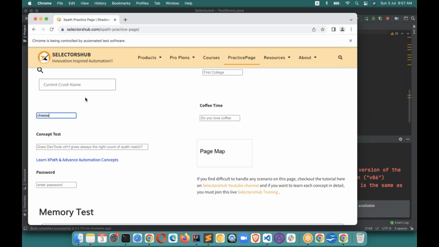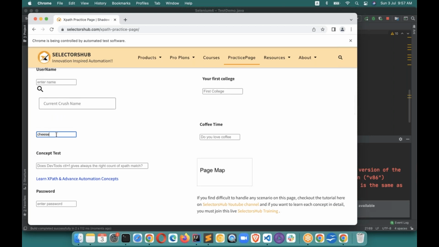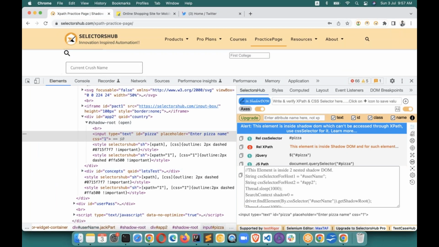And you see that it has entered the value. So it is very easy to handle such elements which are inside shadow DOM, multiple shadow DOM with the help of SelectorsHub. Okay, now